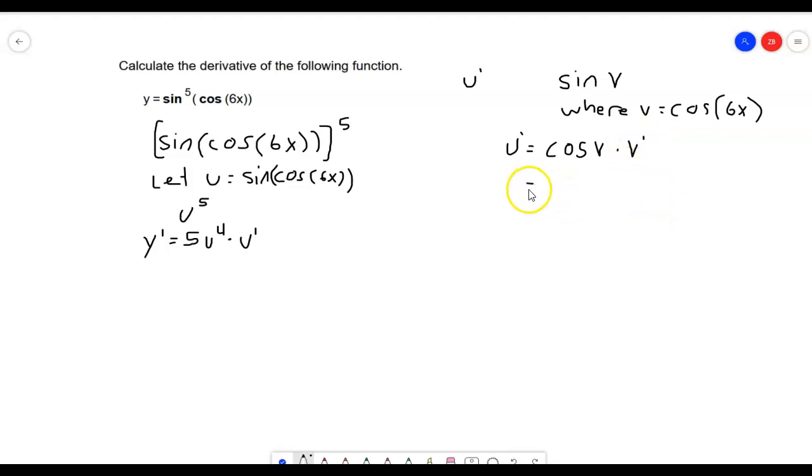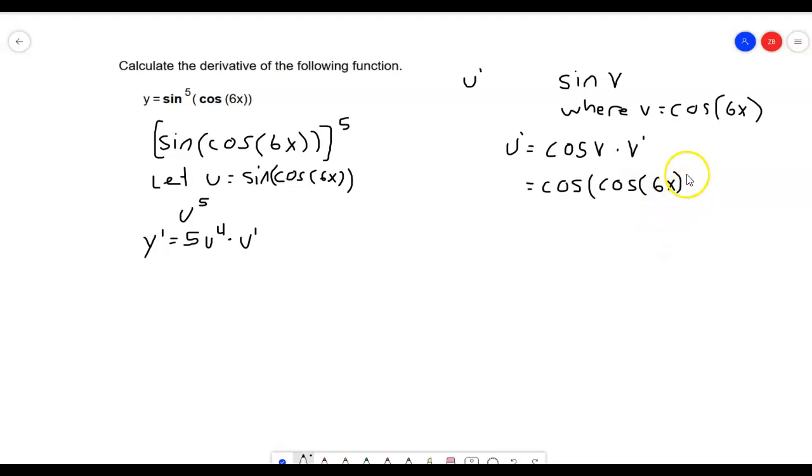And this is equal to the cosine of v, which is the cosine of the cosine of 6x, because the derivative of sine is cosine,